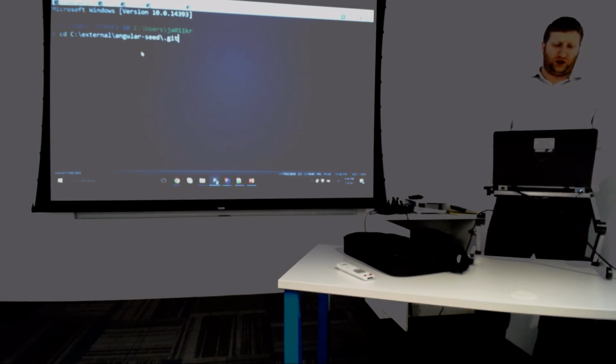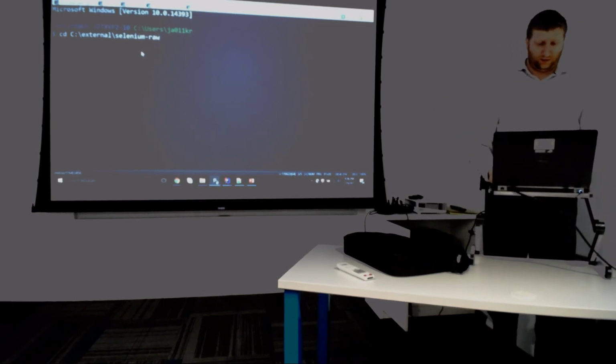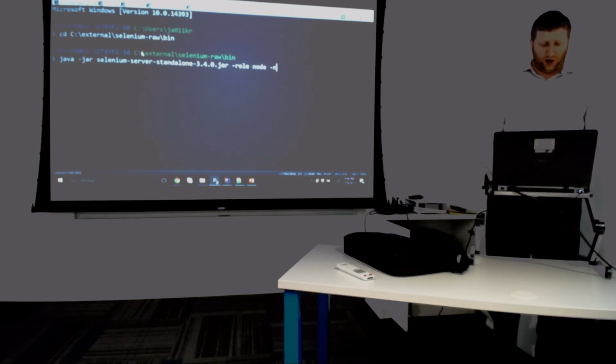And just one more quick thing. In this case, I don't have these in my path. You don't need them in your path if you're actually specifying them in the node configuration. So again, we're going to do role as node. We're going to do the node config. We're going to go back to our conf. We're going to try and get